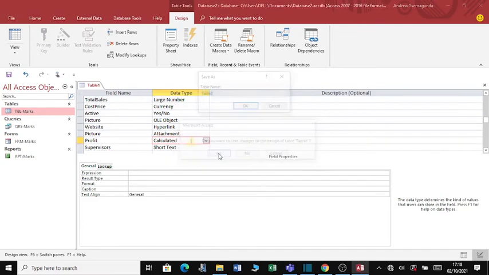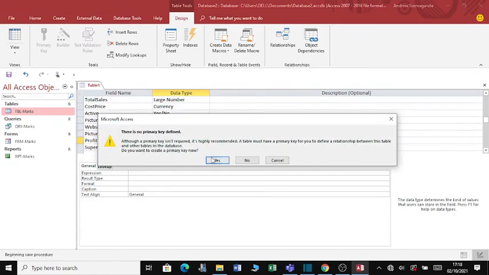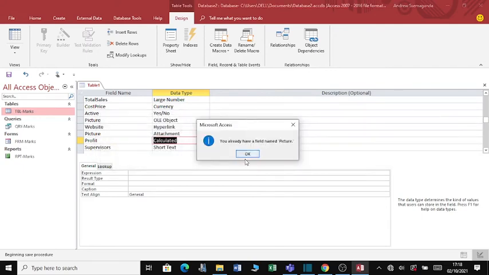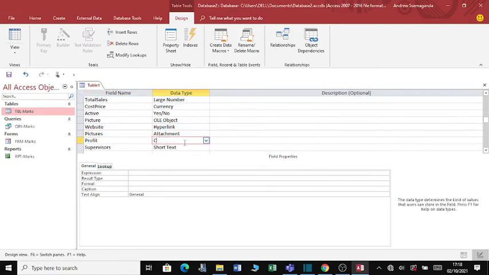When I say save, I can give it a name, maybe data table. It's better to call this TBL. You can give it an illustrative name, data types, and then I say okay. You see, the table cannot accept two fields with the same name, so I can call this pictures. Even this one might not work very well because I haven't created